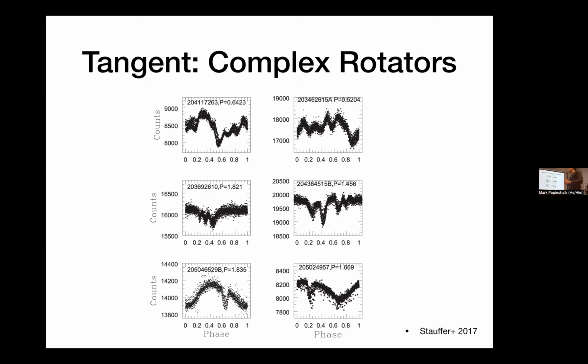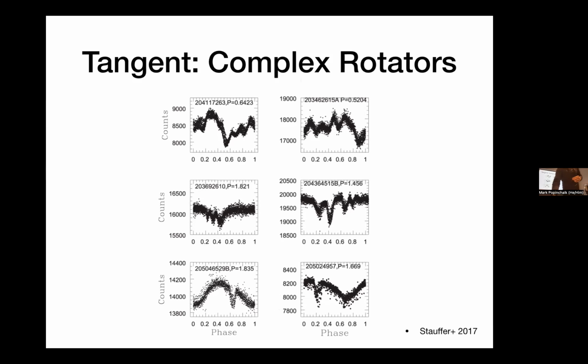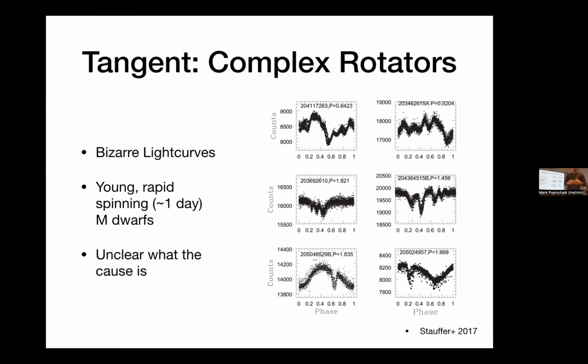to change. Essentially, it can only affect half of it. And so these are quick, sudden changes, and so it can't be caused just by star spots. And so, like I said, bizarre light curves. These are only happening in young, rapidly spinning, about 1 day M dwarfs,